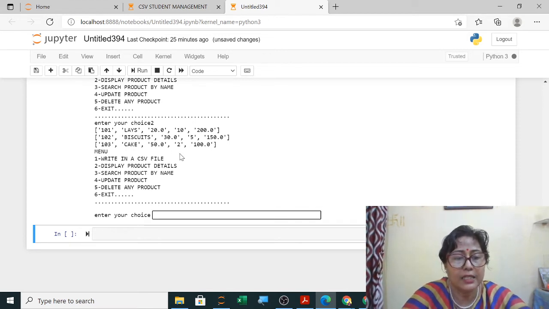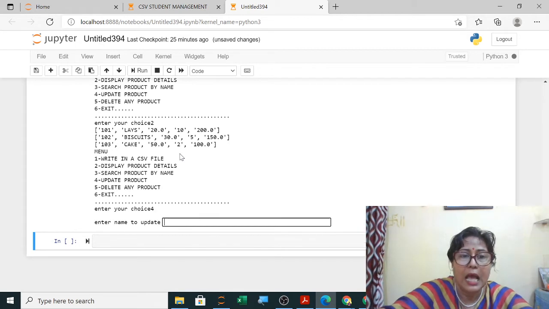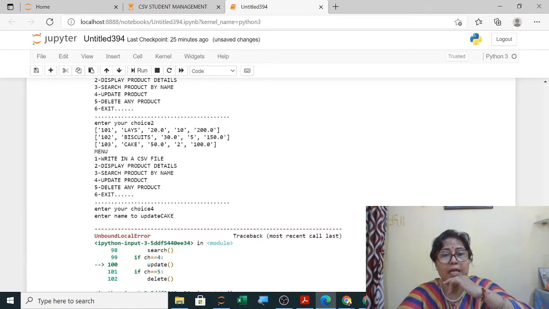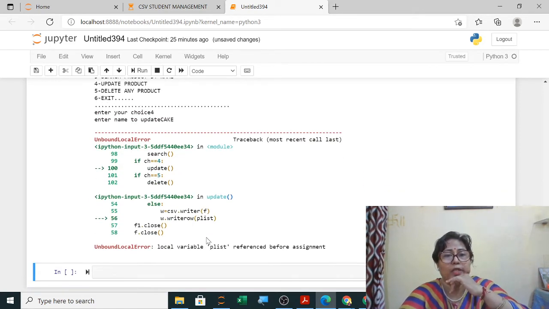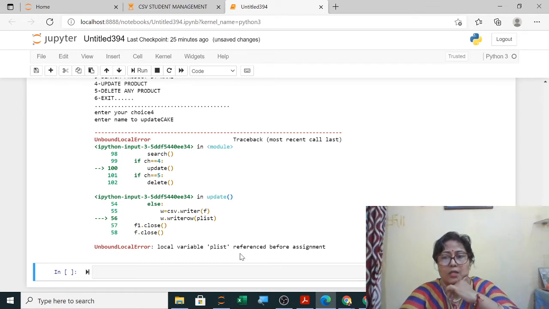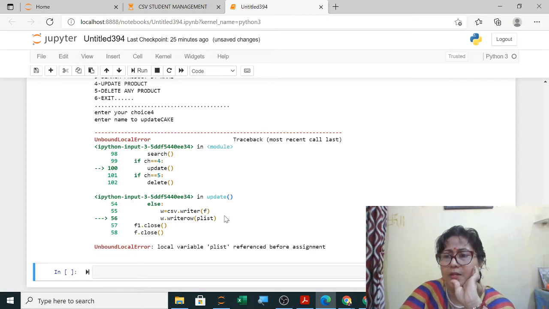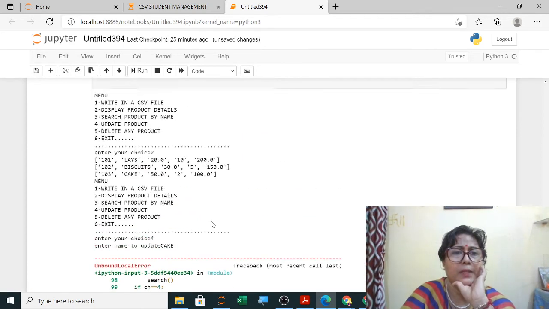So I will select update here for, and it is asking name to update. So I am mentioning here cake and it is showing me error. Oh sorry, why have I written plist?